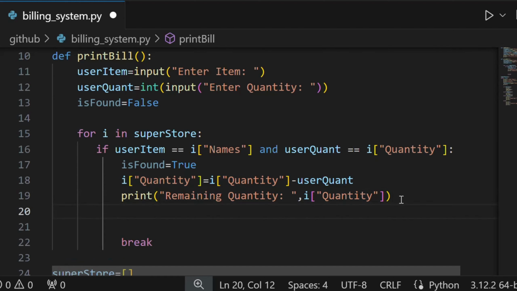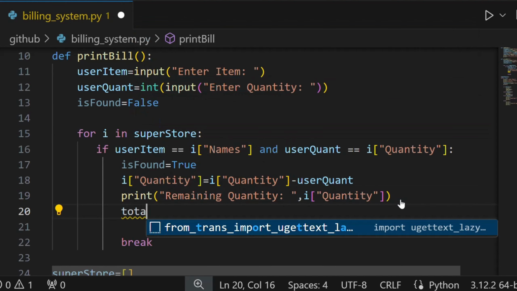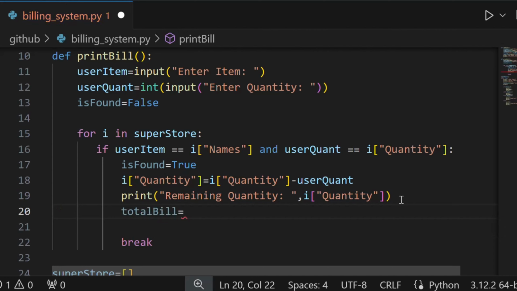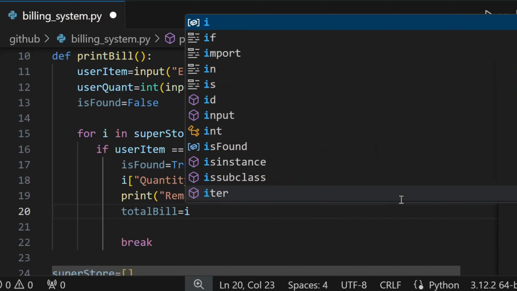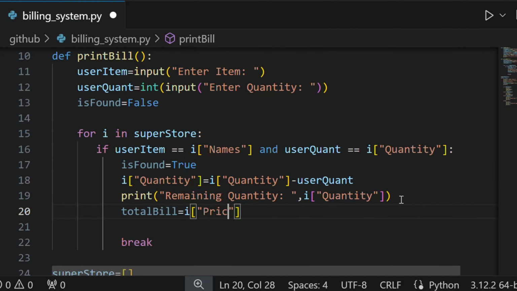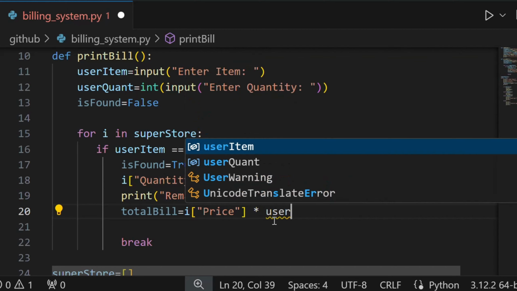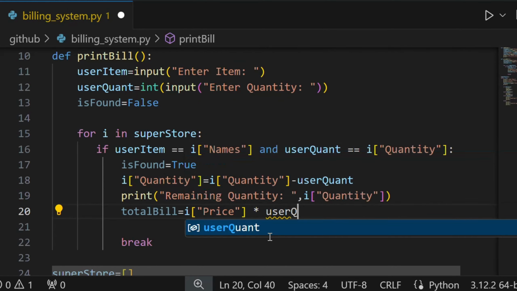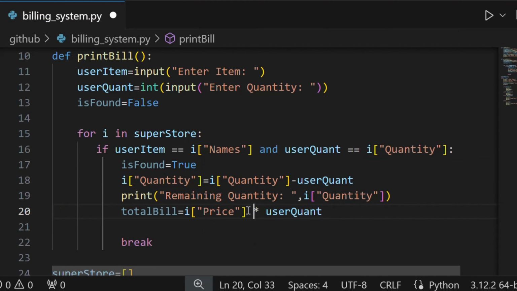Okay, now I have to print a bill. So here I will declare a variable total bill. Okay, total bill, and then I have to calculate the total bill of a specific item. So here I will use i, and then here I will use the key that is associated with the price of the item, and then I will multiply it with total user entered quantities, okay, that are stored in user quant. Okay, so it will be multiplied with the price of the item,